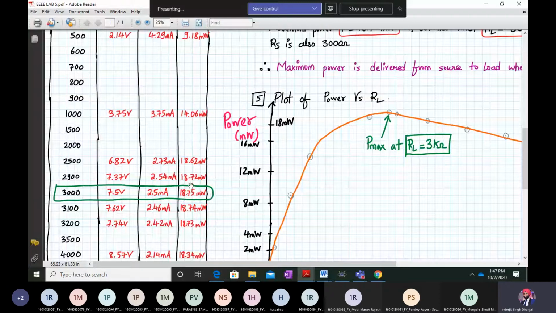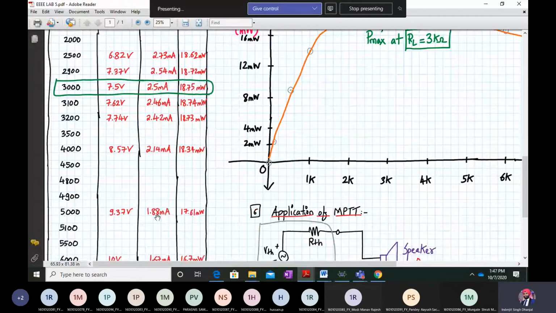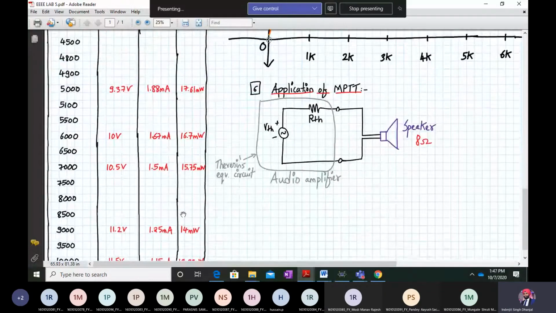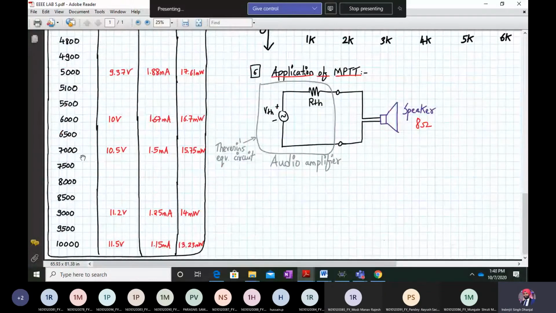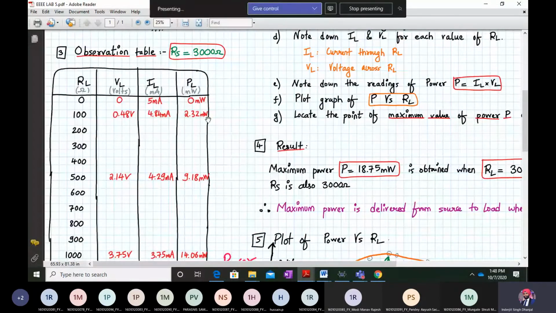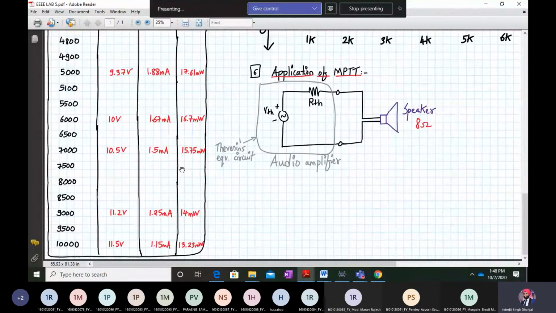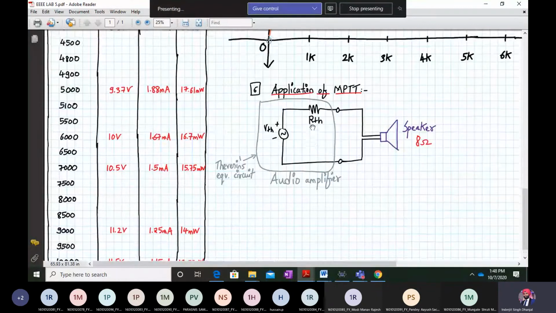I have written over here only 2 digits, but you all can write up till 4 digits. That will give you more clarity. Okay. And I have marked it in green color. Basically, this is the maximum power point. And then after this, if I increase the value again, the power is slightly reducing if you can see carefully. It is going to 15 and going to a minimum of 13 milliwatts. So we have started with 0 milliwatt, 2 milliwatt, 9 and then 14, then we are getting a maximum of 18.75 milliwatt and we are going till 13.23 milliwatt power.